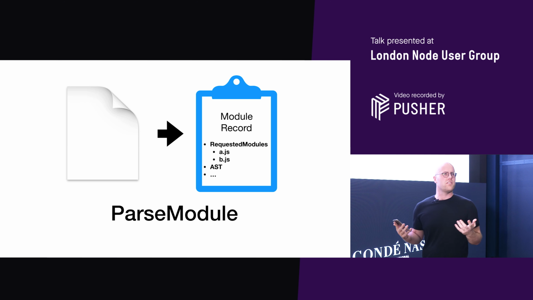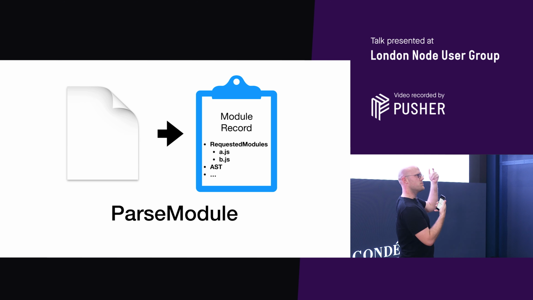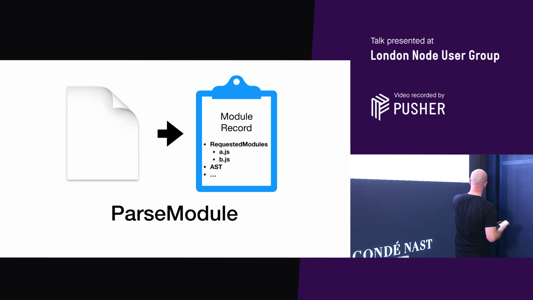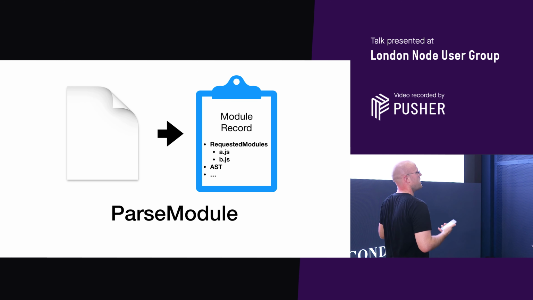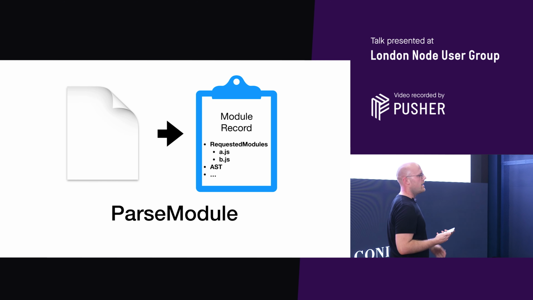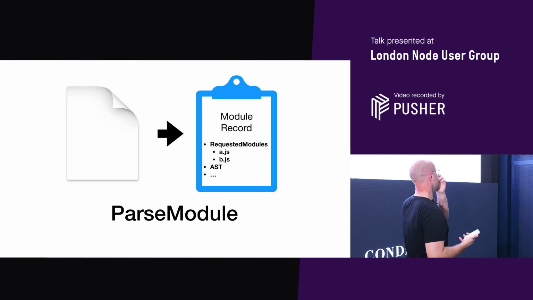Now, right at the start, I showed those. It was the same file twice. Big difference between those files, aside from one's CommonJS, one's an ES module, is use strict. So with ES modules, you don't have to include use strict. It's all in strict mode. That's quite a big deal. If you're writing CommonJS stuff, you should still be putting use strict in there. It just means that it's not running in sloppy mode. There's a load of performance benefits, and it's less weird.